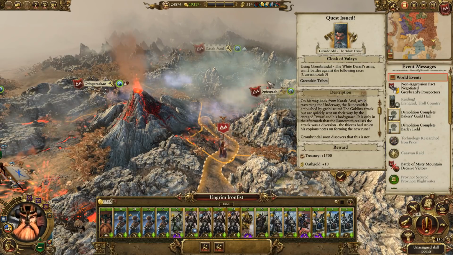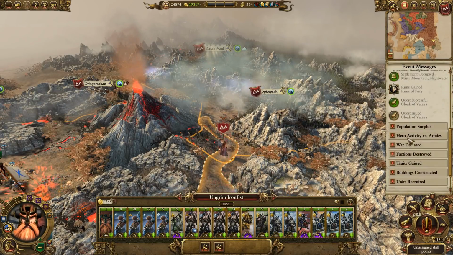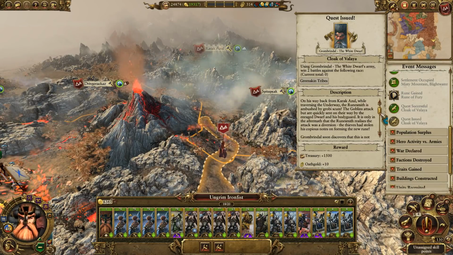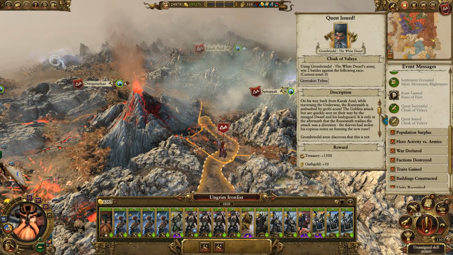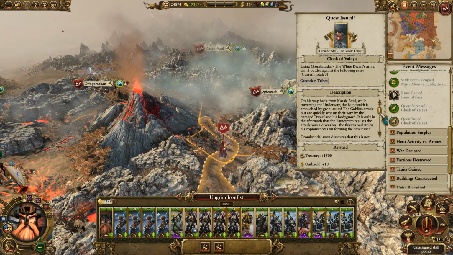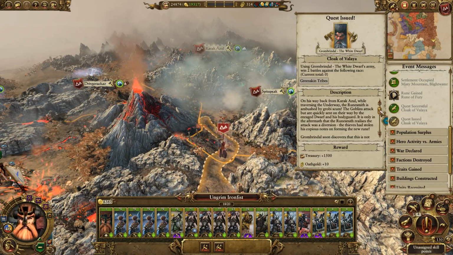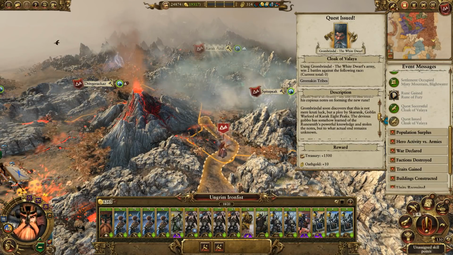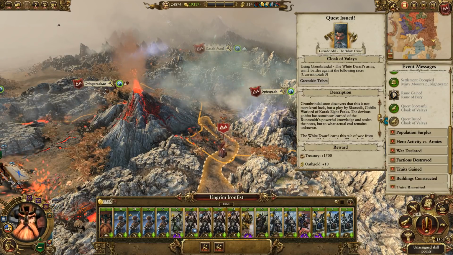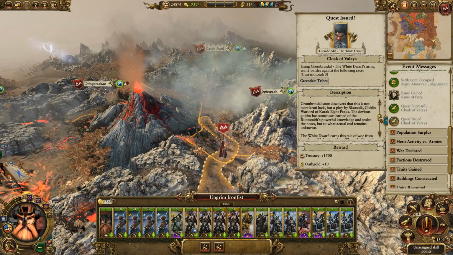Alright, using Grombrindle, win 2 battles against Greenskins. Man! Wait a second, where'd that text go? On his way back from Karak Azul, while traversing the underway, the runesmith is ambushed by Groby scum. The goblins attack, but are quickly sent on their way by the enraged dwarf and his bodyguard. It is only in the aftermath that the runesmith realizes the attack was a diversion. The thieves had stolen his copious notes on forming the new rune. Grombrindle soon discovers that this is not mere crooty luck, but a ploy by Skarsnik, goblin warlord of Karak Eight